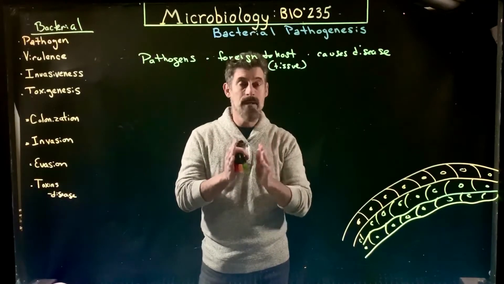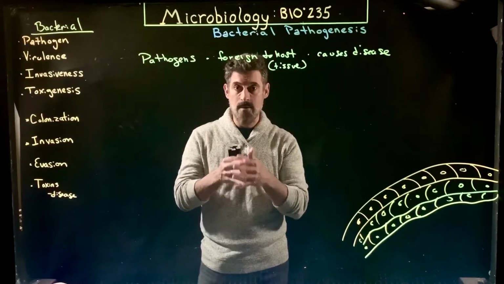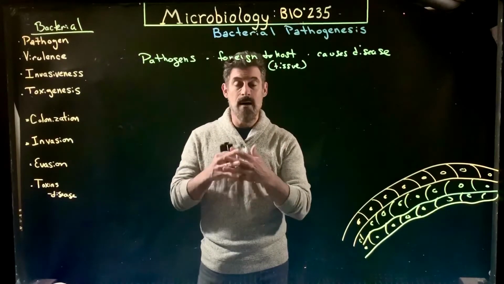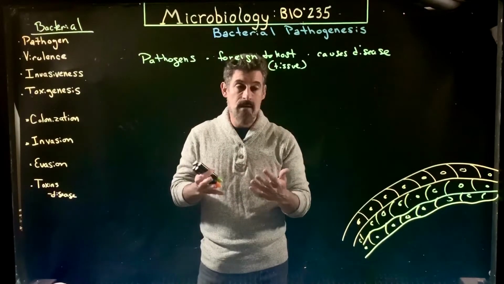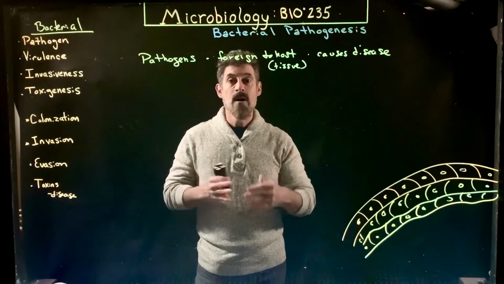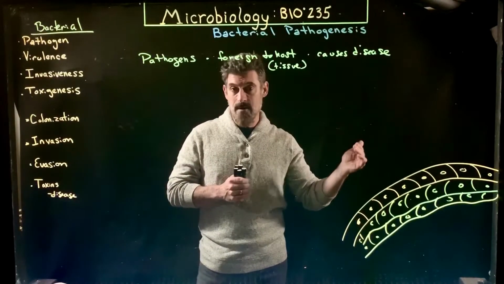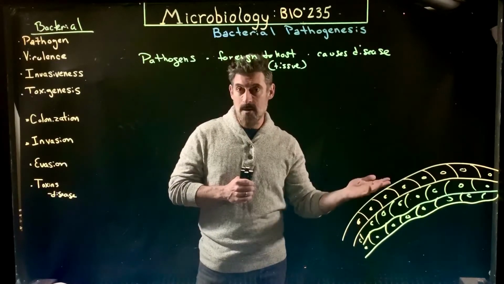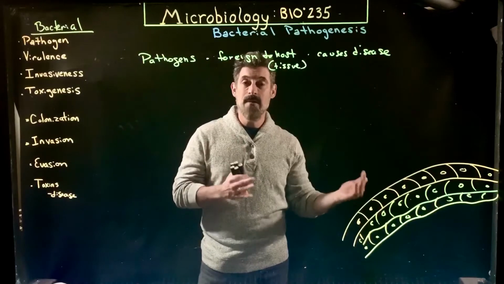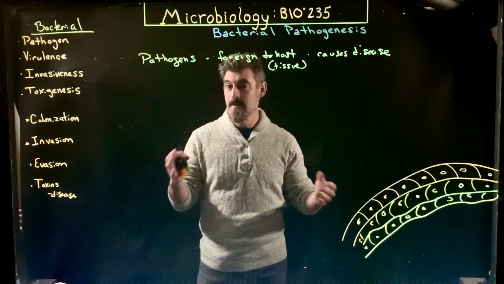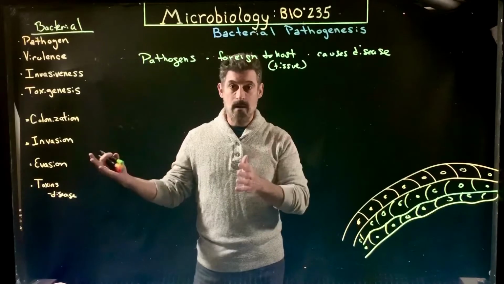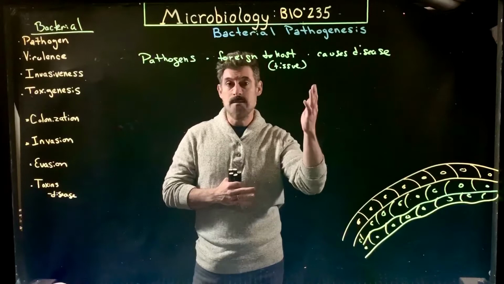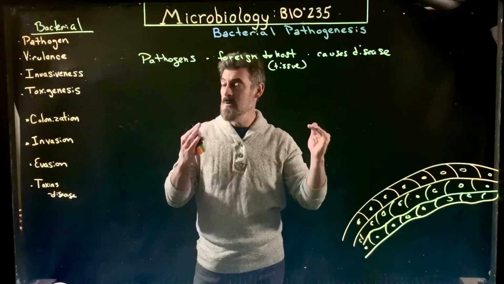Now, there are also some bacteria that are in your body that are part of your human microbiome, and they belong in certain tissues. So in your intestines, you have E. coli, for example, and it belongs there, and it's healthy to have E. coli there. Although there are strains of E. coli, different versions, that are pathogenic, that actually cause disease. So if you were to ingest one of those types of E. coli, you then become very ill. So even though E. coli itself, generically, certain strains are part of your biome and are healthy to have, there are certain E. colis that cause disease, and those are the pathogens. Okay, so that's what we're specifically talking about.